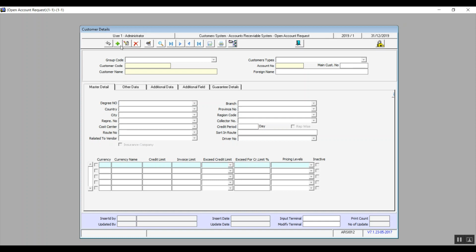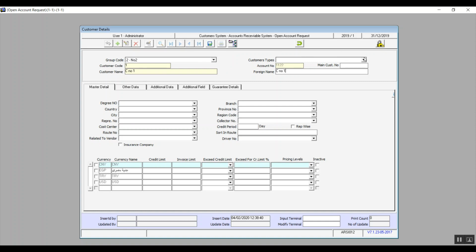Click on Add, select the customer's group, and after you select the group, the account that is linked to that group will appear in the field account number. Then we enter the customer's name for a name, and if we've previously added or created types for our customers, then we can select the right type that this customer is under from the drop-down menu